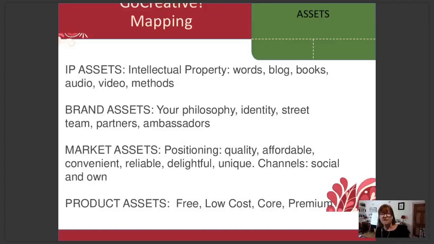The kind of quality that you are presenting. Well, of course, we're all trying to run quality businesses and produce quality products, but there are different levels of quality expected depending on where you position yourself in the marketplace. Are you the affordable end of the stream, or are you the premium end of the stream? Then convenience is also something you will position yourself around, or your USP, as it's called in marketing speak, your unique selling proposition. What makes you you? What is striking and obvious about you?